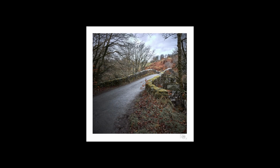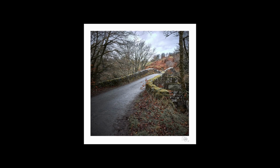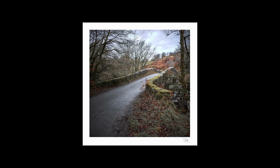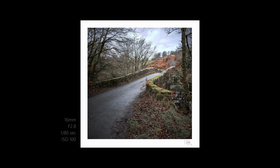Well, as I said, I wasn't really feeling the photography, but that really did lead me to look for something different. And I was surprised once I got these photos home how good they were. I quite like this composition and the bridge leading away, and the square format looks quite good. I have taken quite a lot of the green colour out of this photo,